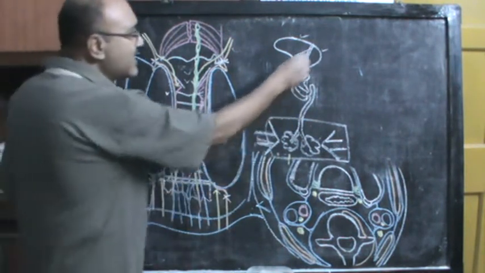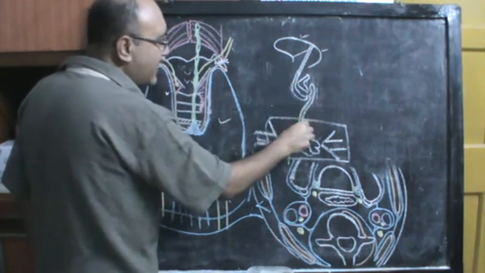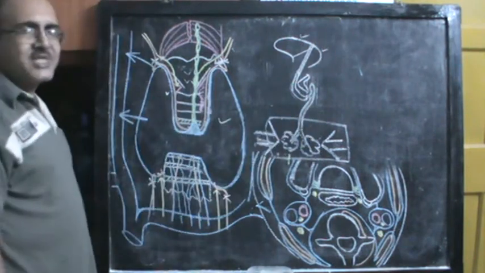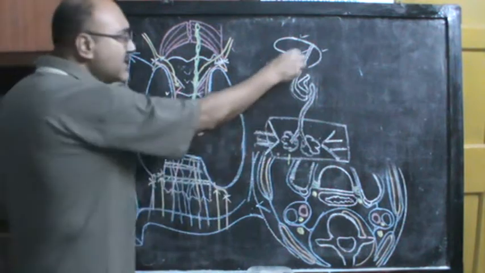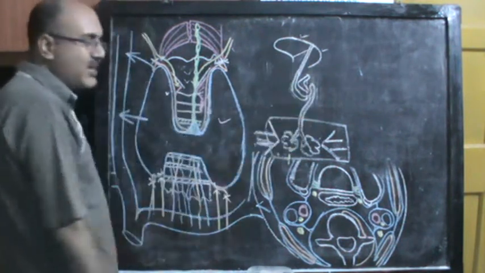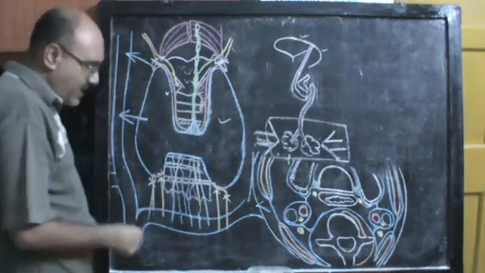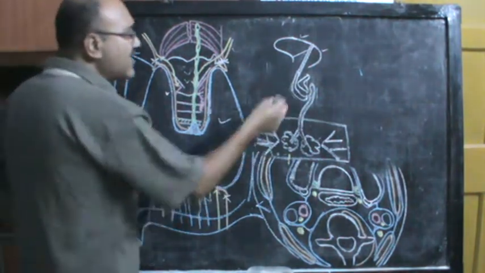Now you can see that this is the pathway of the thyroglossal duct, and because this is the pathway of the thyroglossal duct in the journey of the formation of the thyroid gland, if it is interrupted at any point, then you can have additional thyroid tissue anywhere.